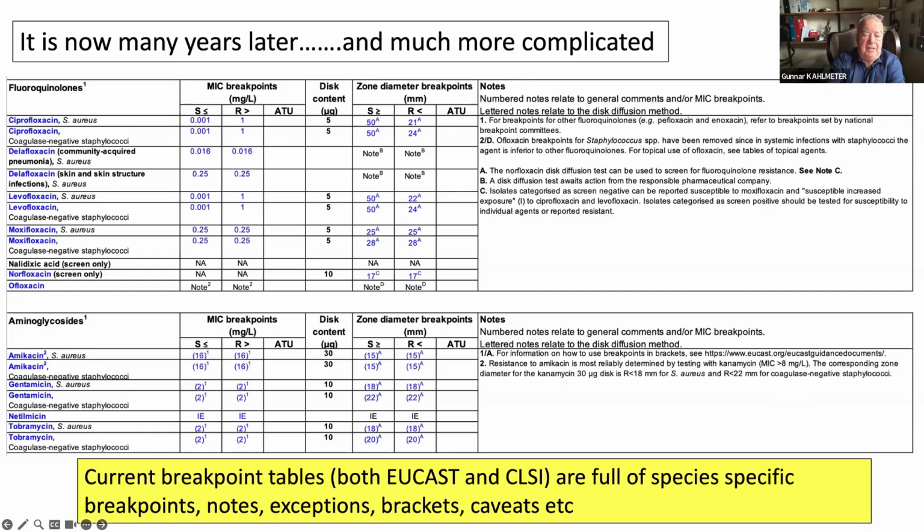Now, many years later, it's much more complicated, not only with EUCAST, but also with CLSI. And this table happens to be a EUCAST table. It could almost also be a CLSI table, lots of footnotes, different breakpoints for community-acquired pneumonia as compared to, let's say, bloodstream infections, etc. And that has made susceptibility testing more complicated than it was.